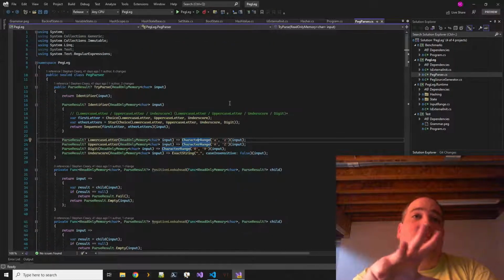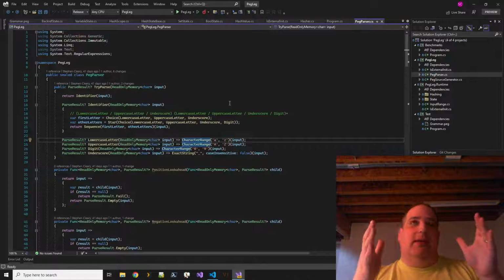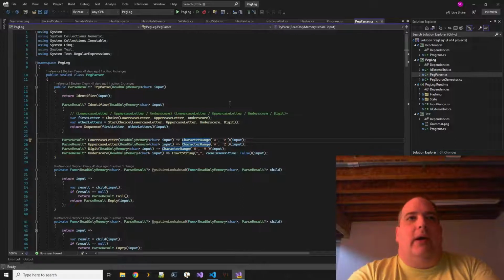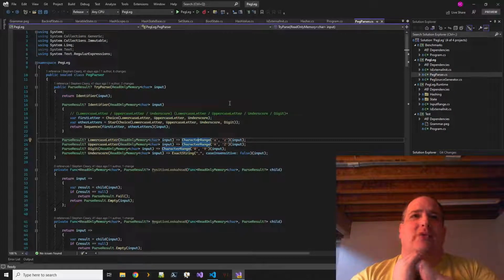Instead, what I'm planning with this kind of peg parser, and a lot of peg parsers do this, and the official peg papers all follow this style, is to use peg for literally every character in the input. But realistically, I think it makes more sense to use regular expressions for the lexing part.